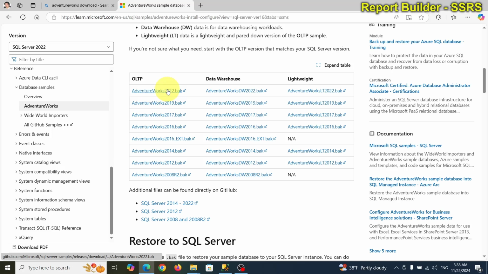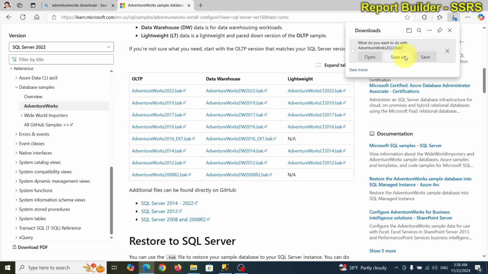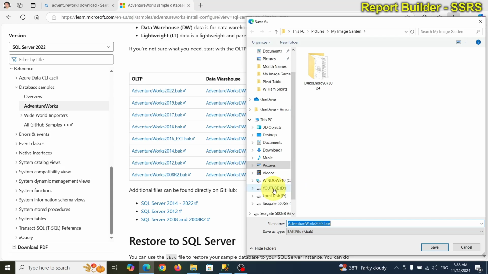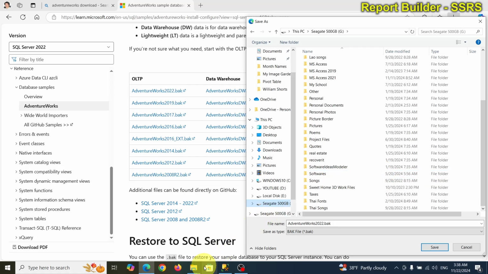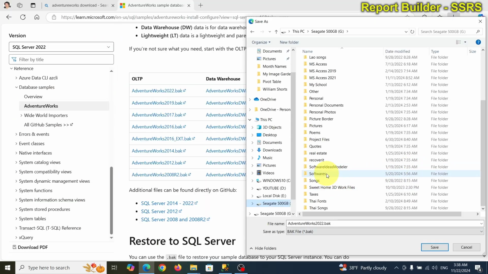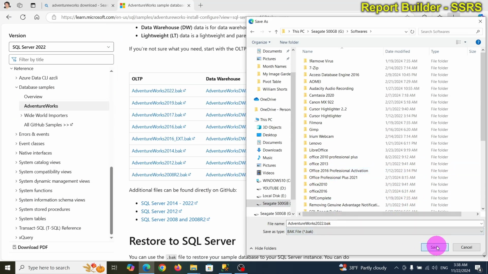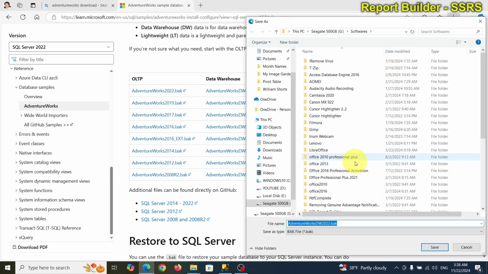All right, I'm going to go ahead and grab 3 of these guys. So I'm going to save that. I'm going to put that back to where I normally have it. This one is under software, so I'm gonna go right there and save it right there. All right, and then I'm gonna grab this guy. I'm gonna get all 3 versions,